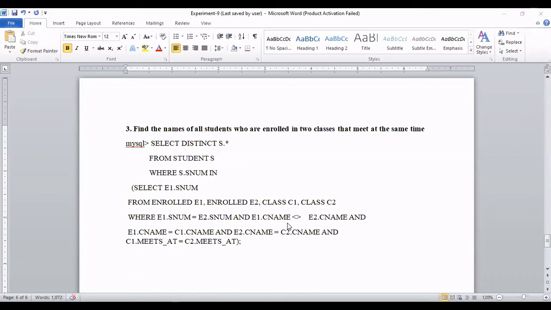So 30 into 30 will be 900 possible combinations. Why 900 possible combinations? The first student is combined with all 30. So you can compare the first student and second student's CGPA, first student and third student's CGPA, first student and fourth, and so on, because in a comparison we compare two data. Similarly, the second student has 30 combinations, the third student has 30 combinations. So all 30 have 30 combinations, total 900 combinations.